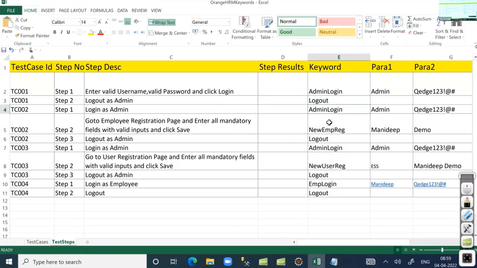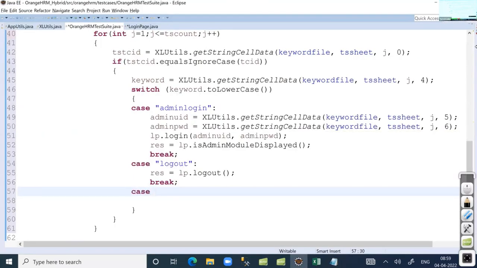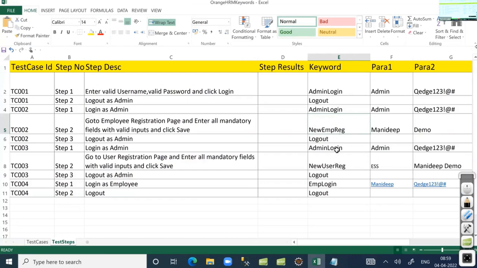Admin login is already covered. If the keyword equals new EMP-REG, what to do has to be covered. Whatever keyword I am reading from the sheet, I am converting into lowercase. If the keyword equals new EMP-REG,